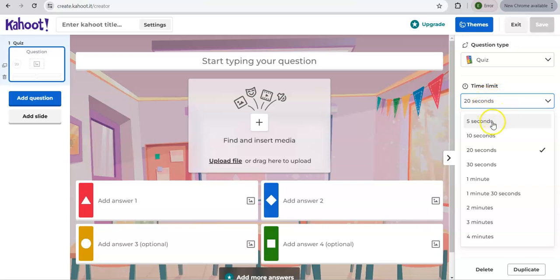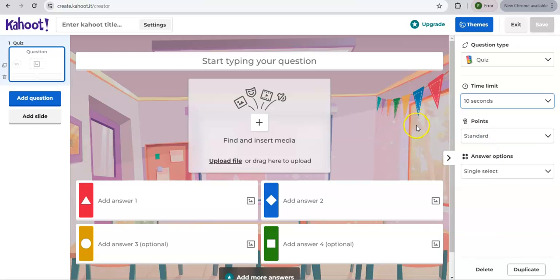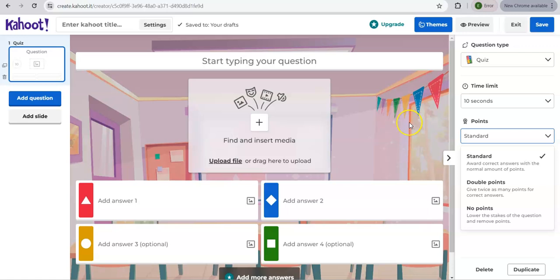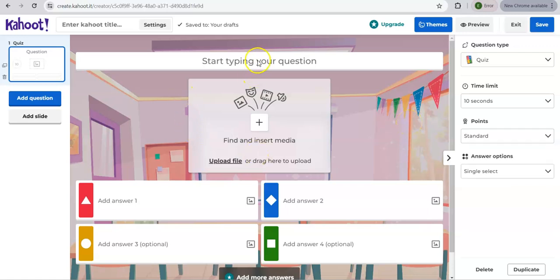time for each question. You may go for 20 seconds, 10 seconds. I may go for 10 seconds because it's a simple quiz, a science quiz for students. The points are standard because it's a free sign up. Now let me start